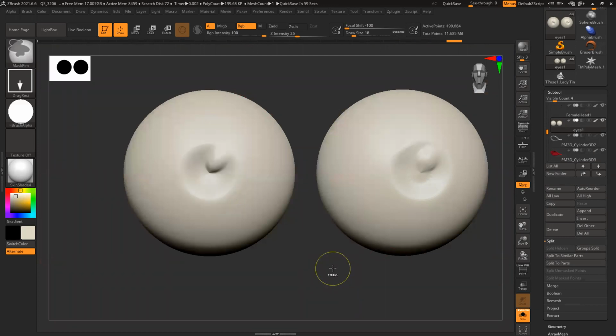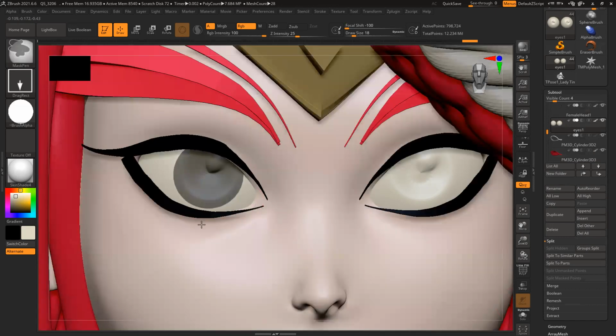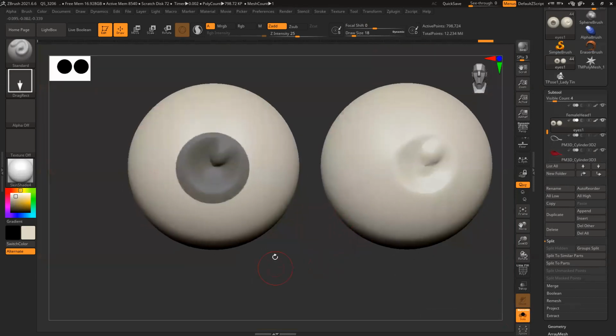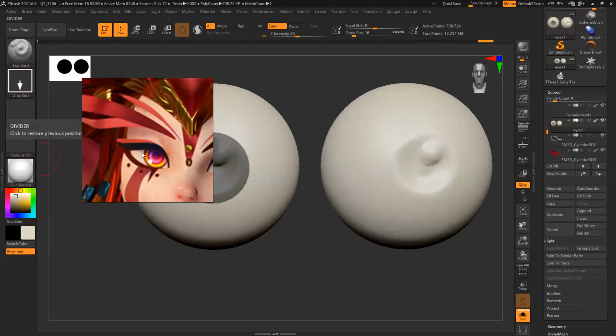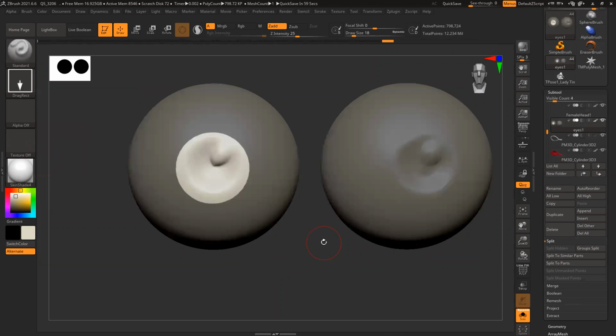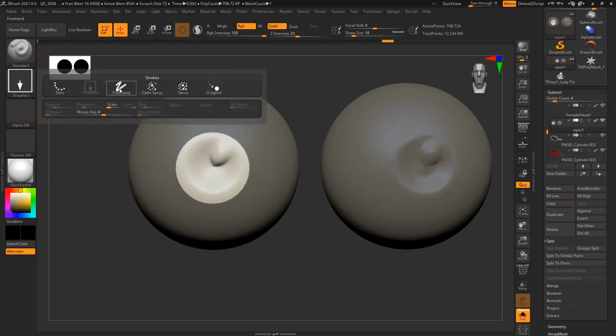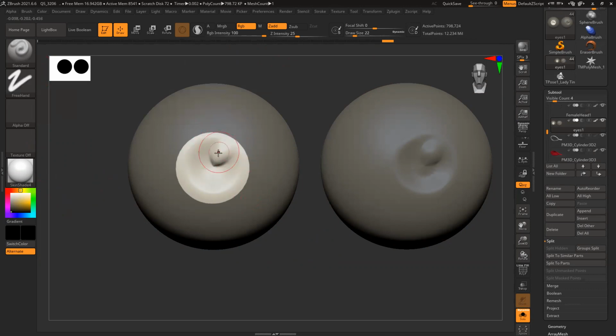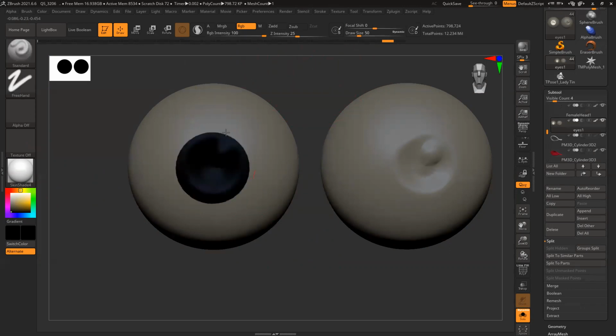Control D, increase the poly count slightly so that you have enough polygons to paint a crisp, clean line. So you can see it's pretty crisp. So first color will be, isolate. So first color is dark. You can see there is a dark ring. So invert it. And now only RGB, no mRGB, only RGB. That means only color value. Standard, freehand. Oh, my bad. ZAdd is also active. Switch it off. Full black.